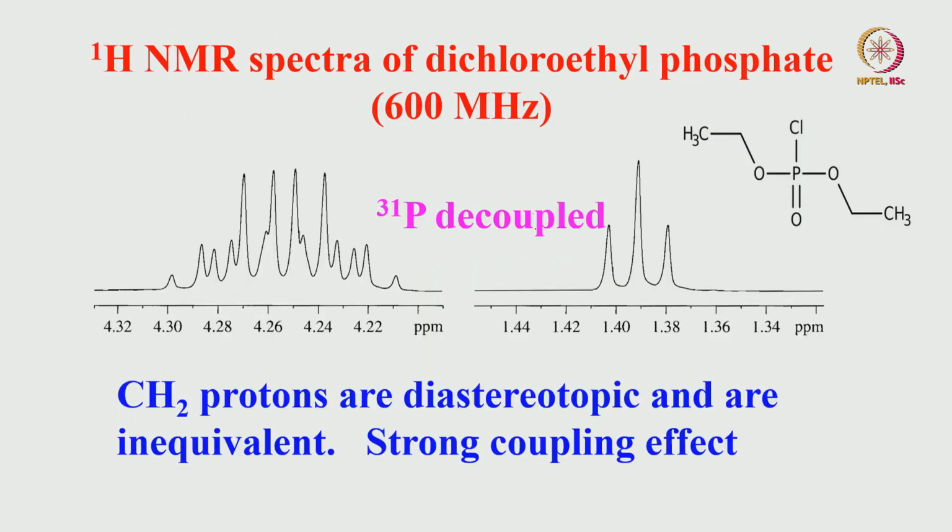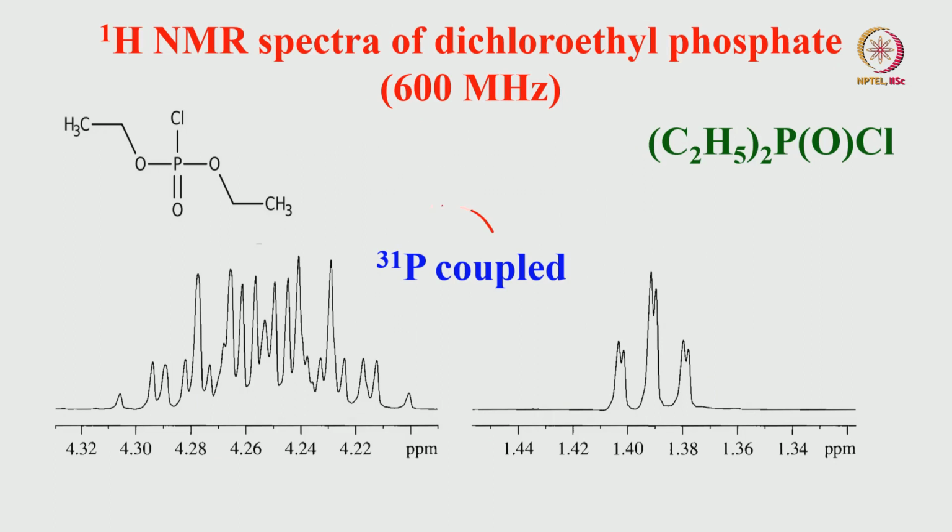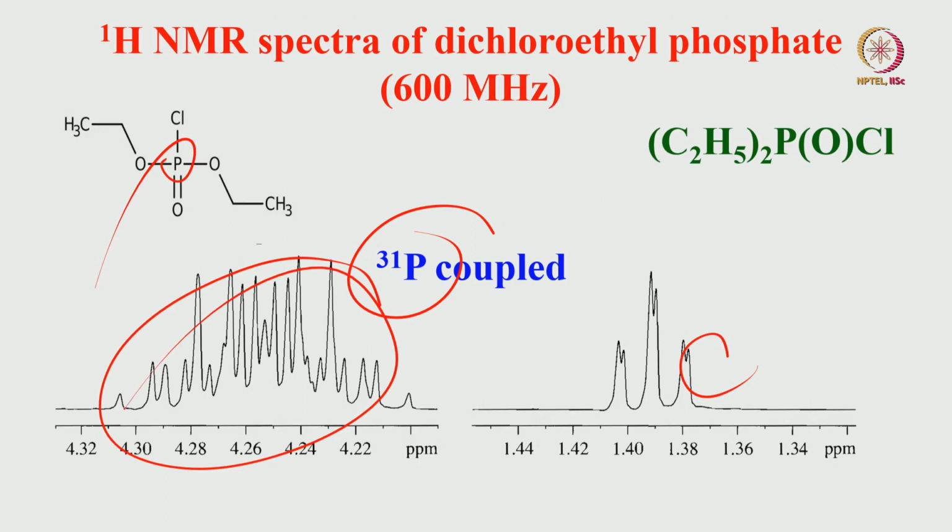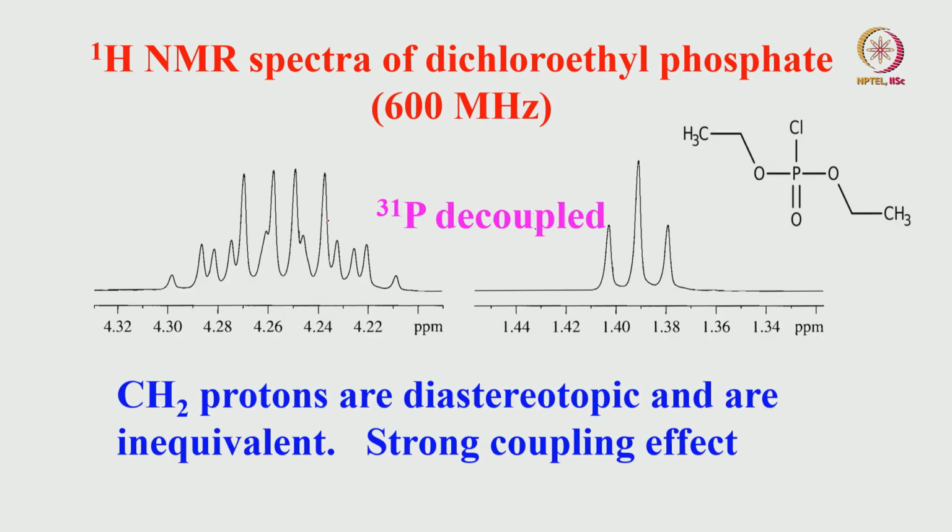Of course, this is an example where the spectrum is too complex, for a molecule with phosphorus. This is a CH3 group with a CH2 group. See, it is very complex. This is coupled to phosphorus and the CH3 group is a doublet because of a long range coupling. Whereas when I go to decoupled, this has disappeared. This is also fairly simplified. So what I am trying to say is there are a number of ways you can analyze the proton NMR